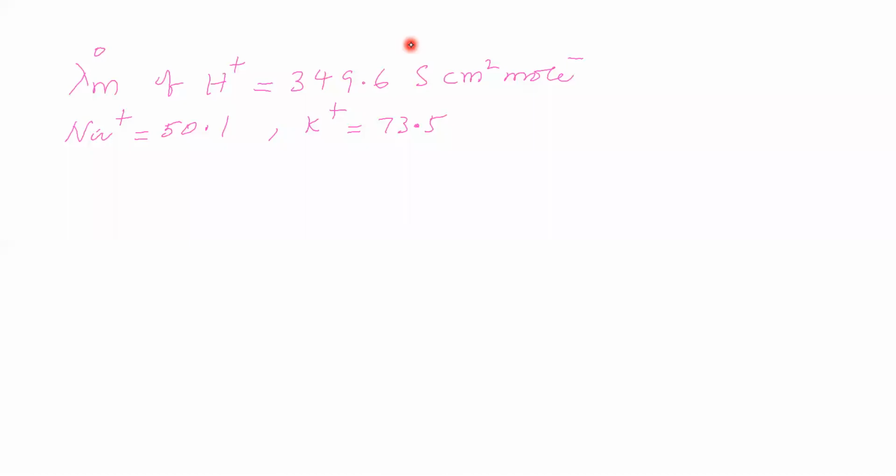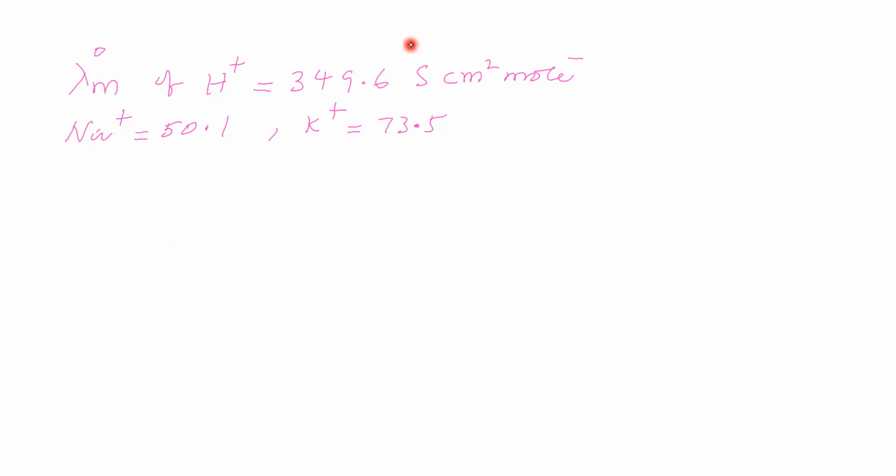Now we will take Na plus. Na plus is giving lambda m naught this much. That means Na plus is moving towards the cathode, therefore it is carrying current, so it has lambda m naught. In the same way, H plus is a cation. It is moving towards the cathode and carrying current. Therefore, it is having lambda m naught. But why is the difference much high? Here see the difference, the difference is low.